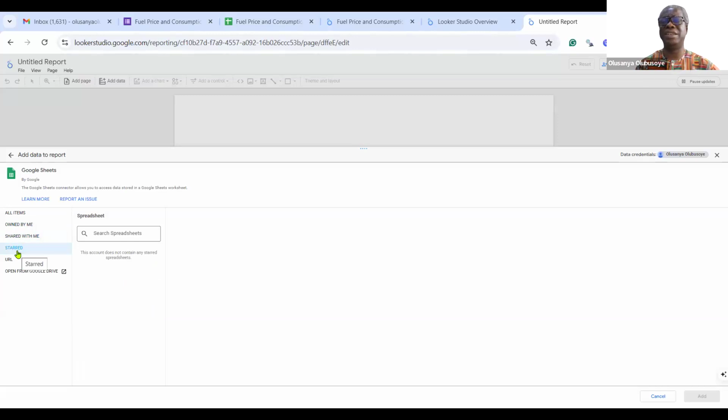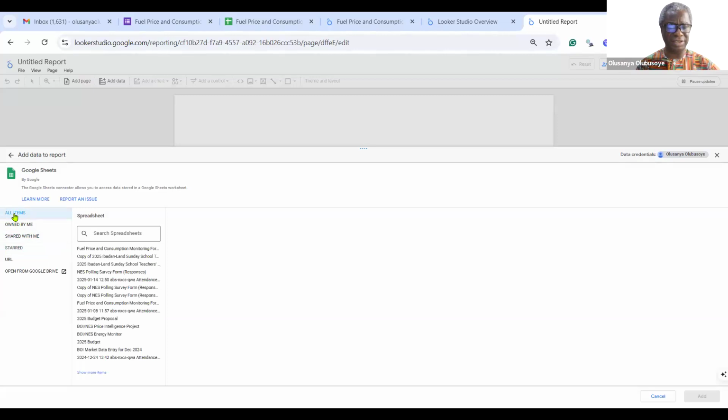When you star the data, it means you are marking it as important, maybe for further usage. If I select the fuel price and consumption monitoring, that's the data I want to use now.